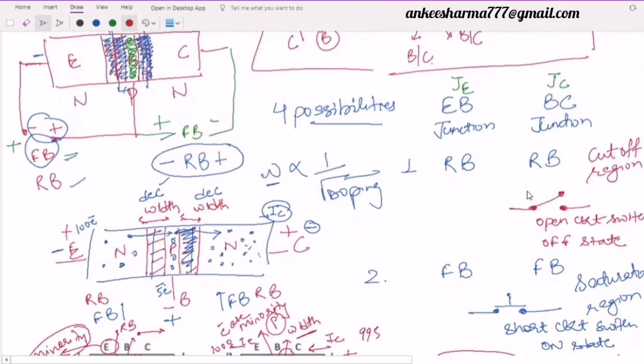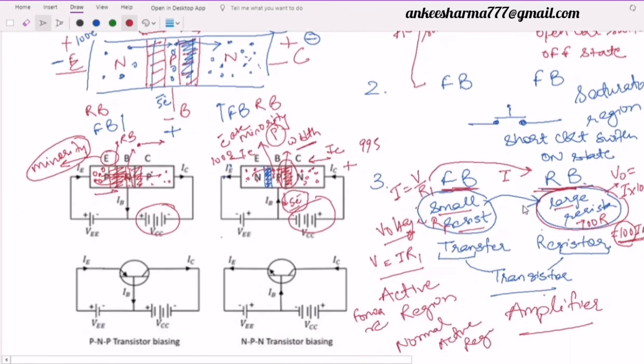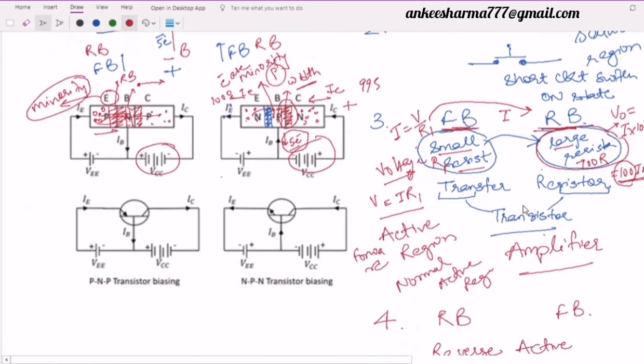In this case we are making the transistor act as a switch, and in the second case we are making the very common one, the transistor used mostly for amplification purposes. So when we do forward biasing at the emitter junction and reverse biasing at the collector junction, the active region will be there. This state is called the amplification state because of the transfer of the